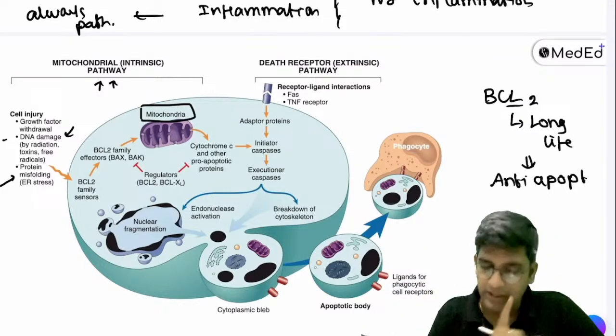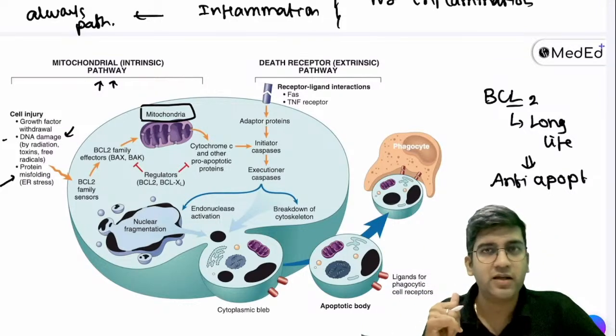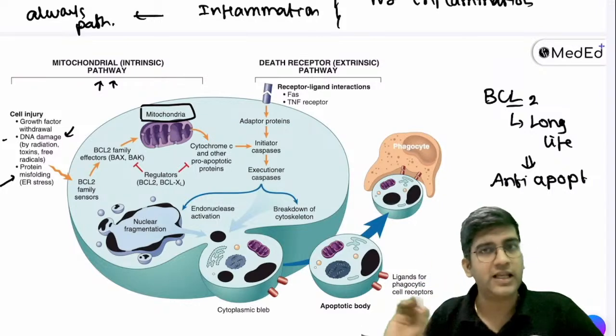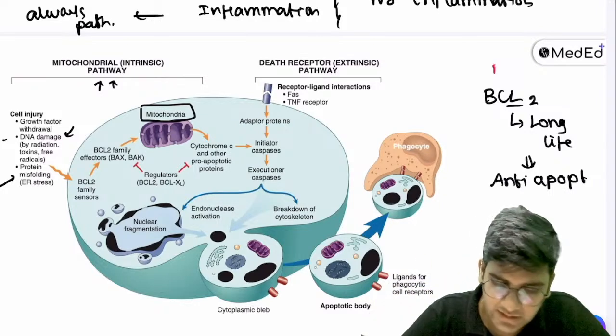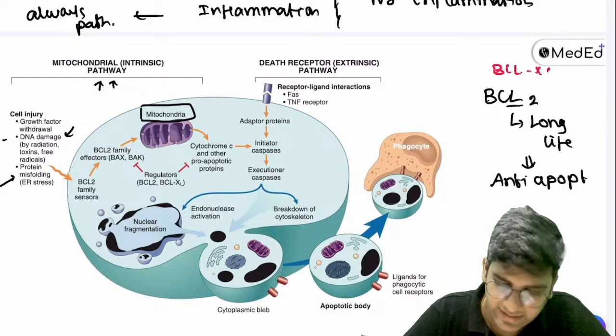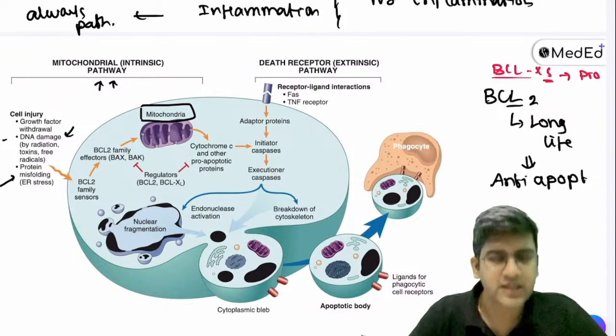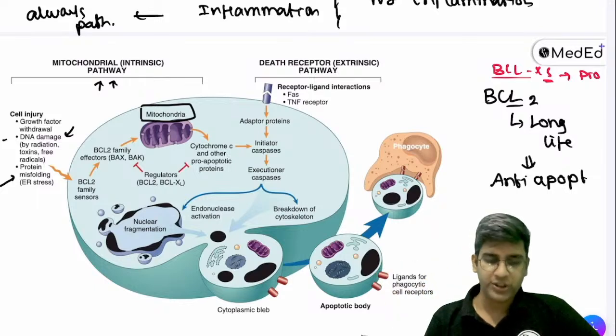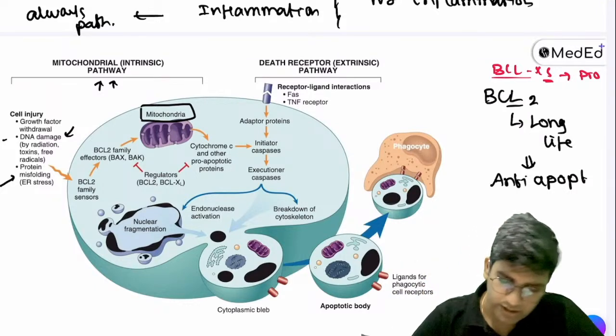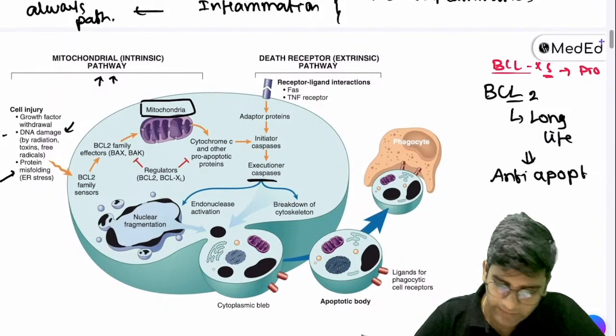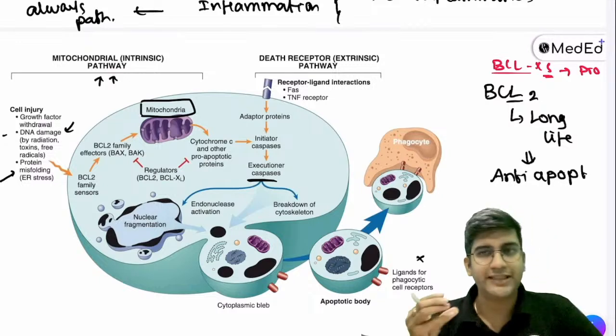Just a clue to remember: BCL2, BCLXL, BCL, MCL1, everything with L is a longer life. An exception of this is BCLXS. Maybe remember S, right? It's short. This is pro-apoptotic. Rest, everything with L is an anti-apoptotic gene only. Based on the anti-apoptotic gene, the entire caspases will be activated, which will destroy the cell into multiple things.